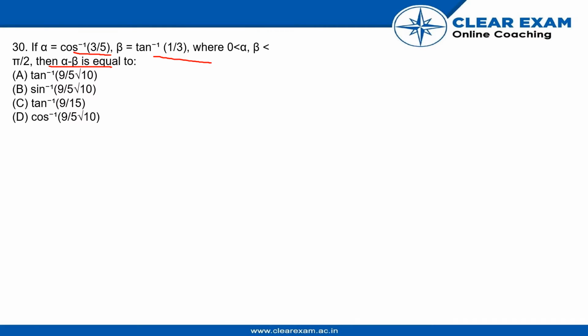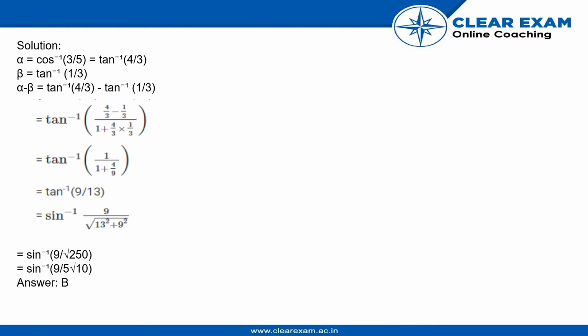Let's see the solution. So alpha equals cos inverse 3 by 5, where we have calculated the value in tan inverse, that is tan inverse 4 by 3, and beta is also given in tan inverse 1 by 3, so we can easily calculate alpha minus beta. So putting the values, tan inverse 4 by 3 minus tan inverse 1 by 3,